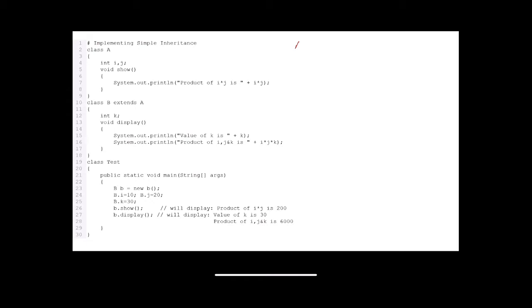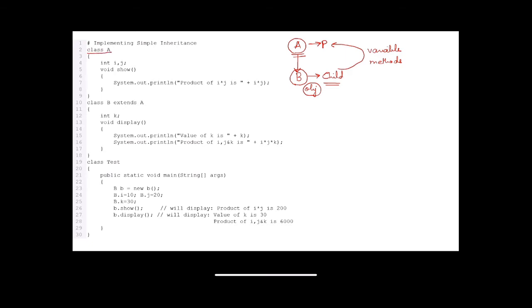Coming to my next topic, it is simple inheritance. Simple inheritance follows the concept that if I have a class A and a class B, then B inherits all the properties of class A. This is single inheritance, where one parent class is present and one child class is present, where the child is inheriting all the properties of the parent class. By properties, I mean all the variables and all the methods that are defined in class A, using the object of the child class. Now let us see how this is done.